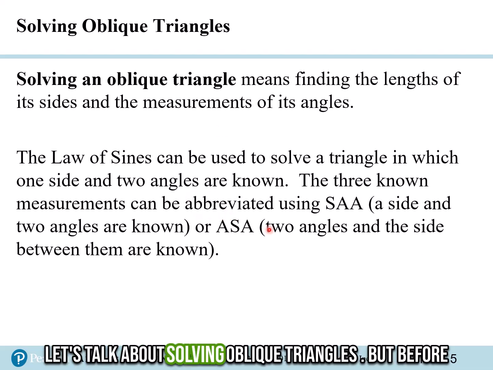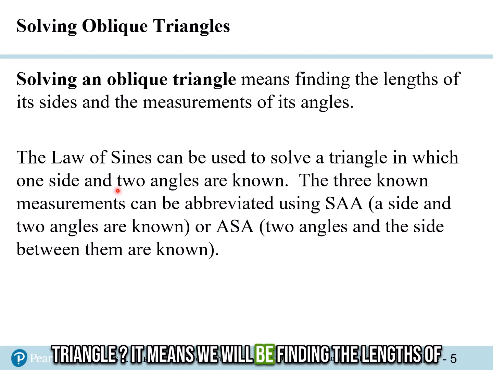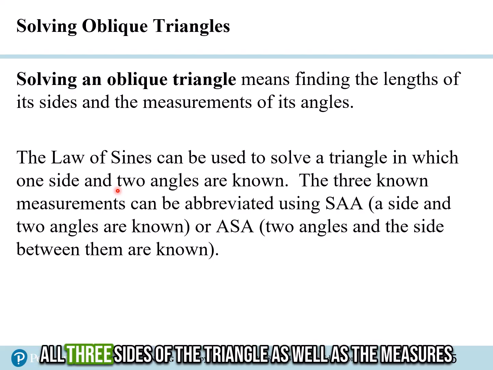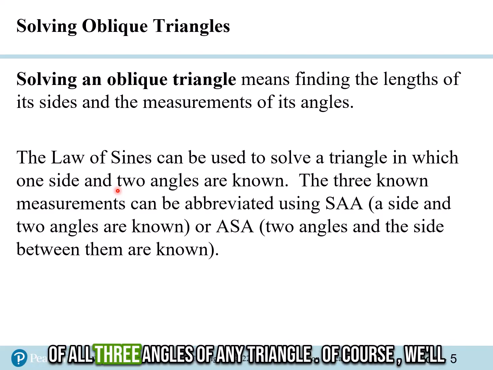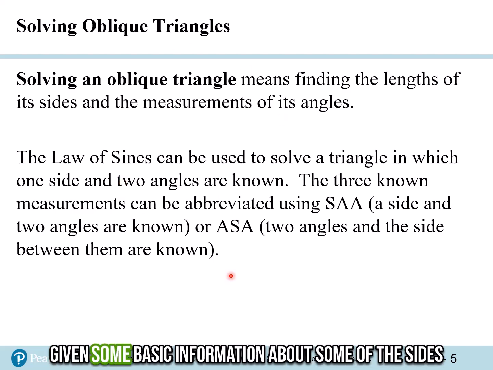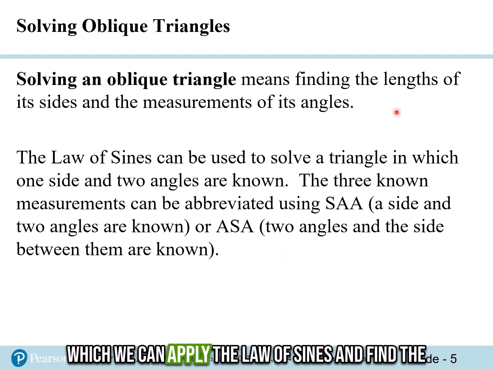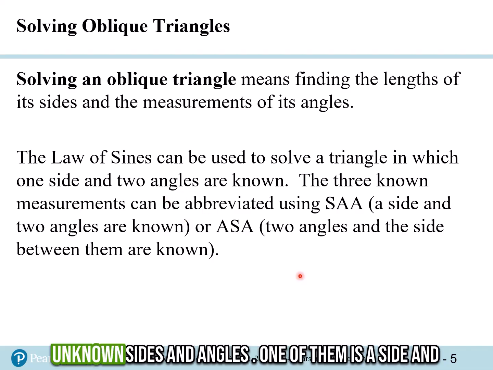Let's talk about solving oblique triangles. But before that, what do we understand by solving for an oblique triangle? It means we will be finding the lengths of all three sides of the triangle as well as the measures of all three angles of any triangle. Of course, we'll be applying the law of sines. However, we have to be given some basic information about some of the sides and some of the angles. And there are two cases using which we can apply the law of sines and find the unknown sides and